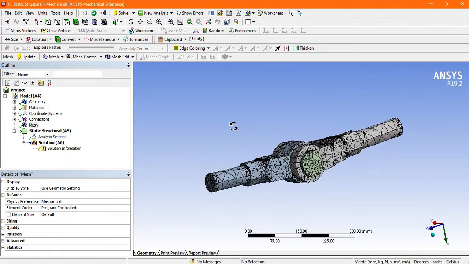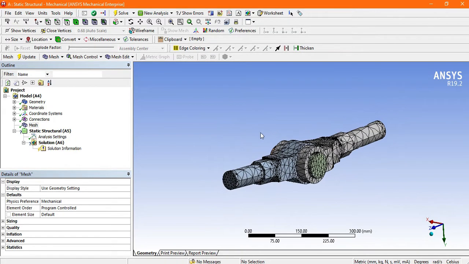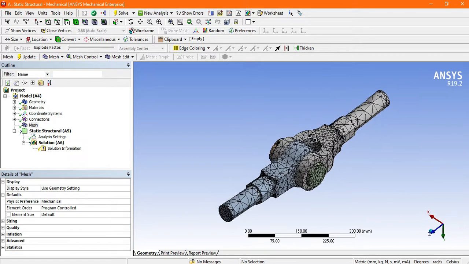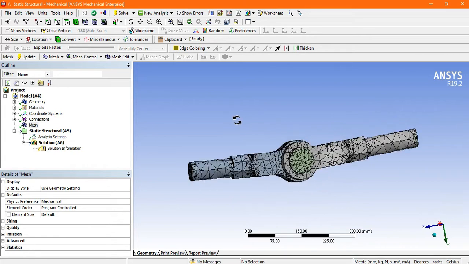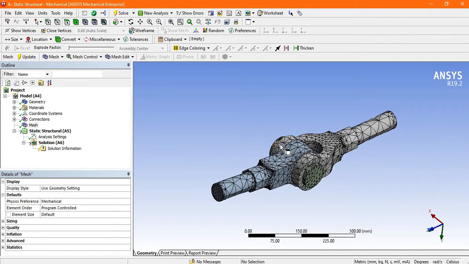What do we mean by mesh? Mesh is nothing but a process. Suppose this is a geometrical structure, and you want to break it into 1,000 or more shapes so that it properly defines the physical shape. The more detailed the mesh, the more accurate the result you get. So this is about the mesh.